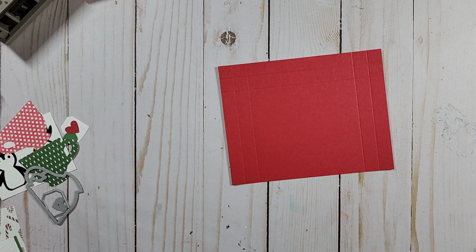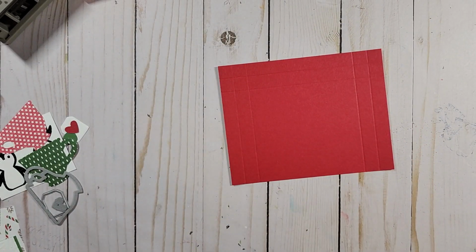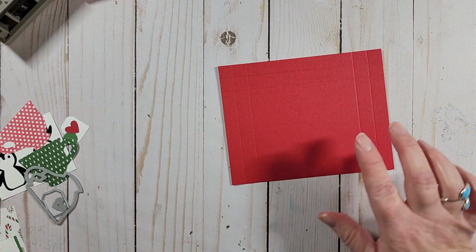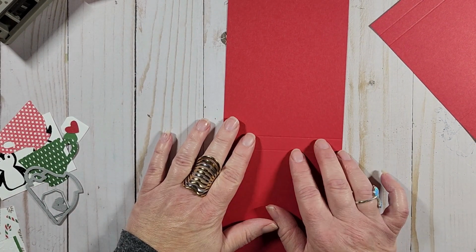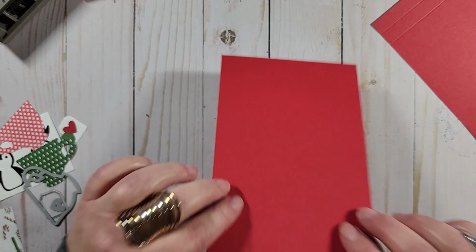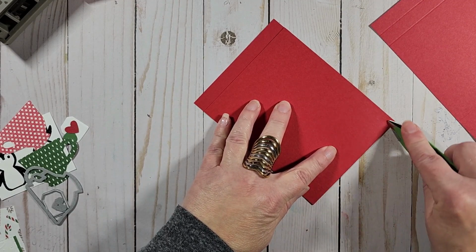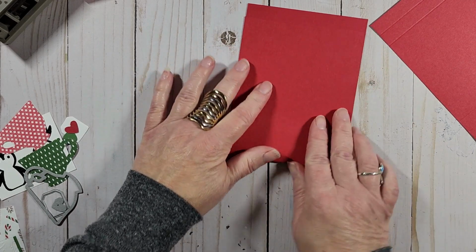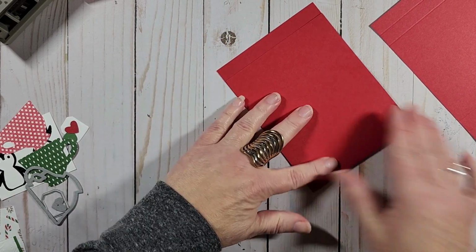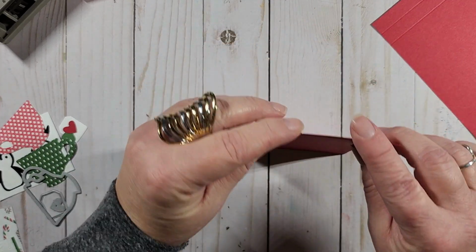I am also going to be using the Whimsical Woodland 3D embossing folder. But let's go ahead and start here. So we're going to take our 4 1/4 by 11 and we're going to fold on our score lines and burnish those. And this will be our base for our